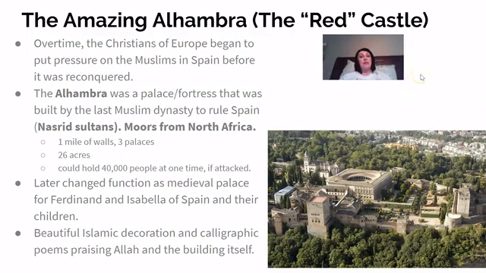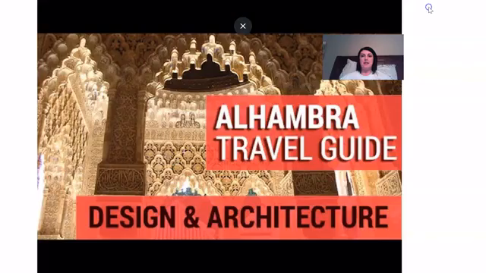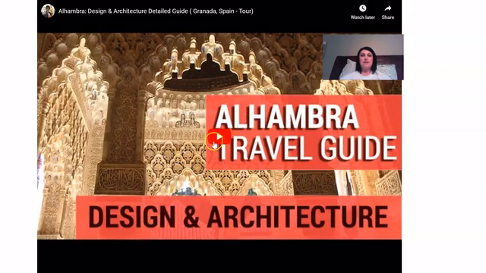And in the Islamic world, women had more of a voice. They actually had more rights than other places in the world. So she was raised that way, and she and her mother were forces to be reckoned with. So this is actually the ground plan of the Alhambra, and you can see that it was added on to over time, all right? You can see that different groups will add on to this as it expands. All right, so let's take a real quick look at this.